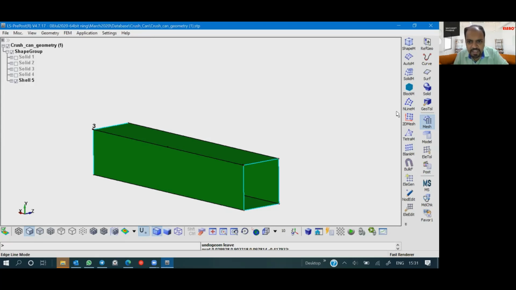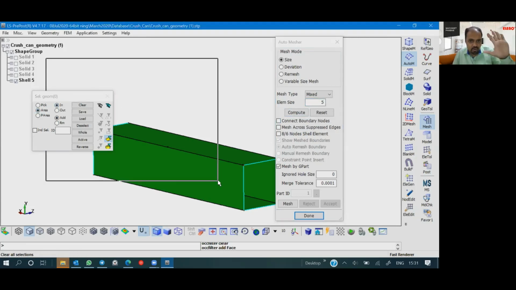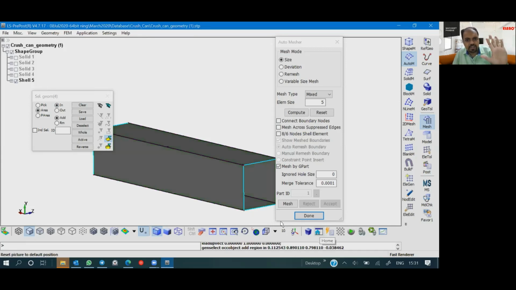Nothing much fancy here. Then you can go for auto measure, you can go for size, and mixed is nothing but quad mesh, tria is tria mesh. We'll see both. We'll first see mixed mesh with, let's say, 5 mm size. Now I'm increasing it, and I will select the area.